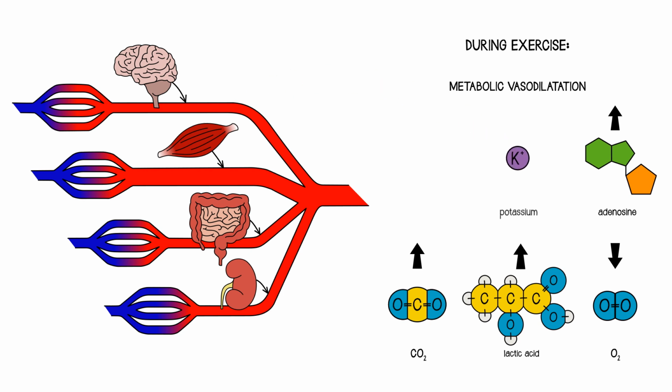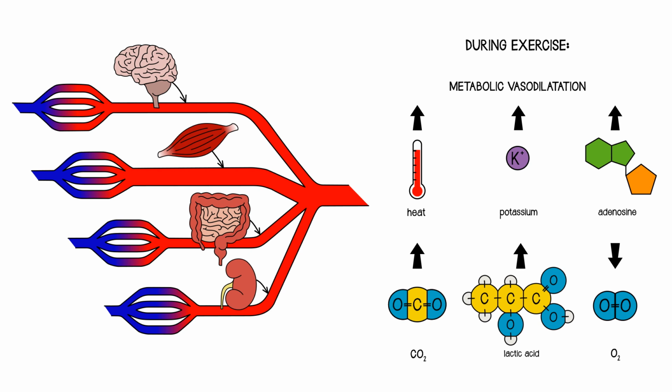Then we have potassium. When muscles contract, they do so because a lot of action potentials are occurring within those muscle fibers, and during every action potential, a little bit of potassium is released. And the potassium ions, which build up in the extracellular fluid, can result in vasodilatation as well. The increased temperature within the muscle can result in vasodilatation too. So lots of things occurring naturally, if you like, during exercise, can cause the arterioles to dilate, and that means that more blood would go through the muscle.